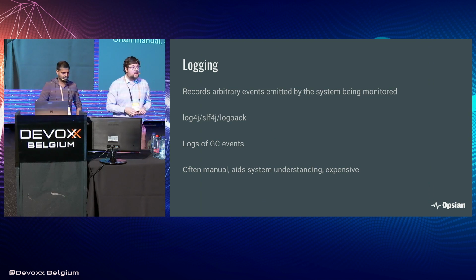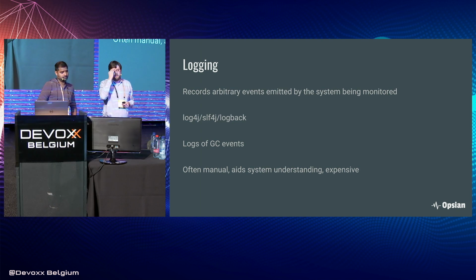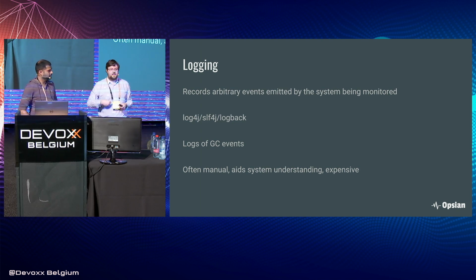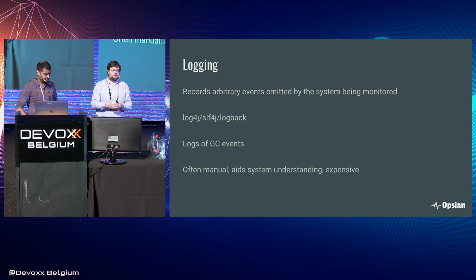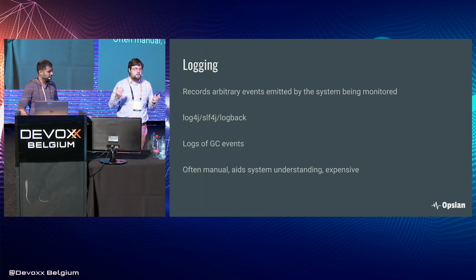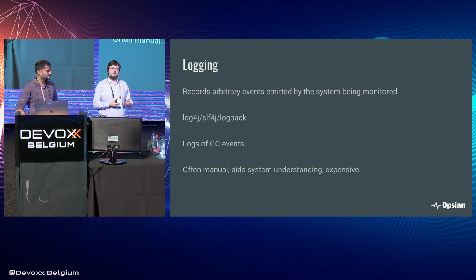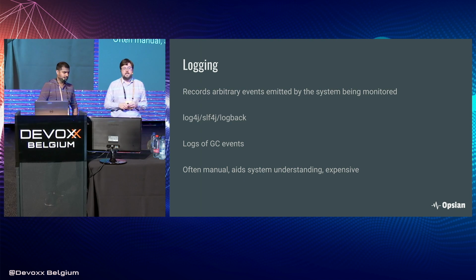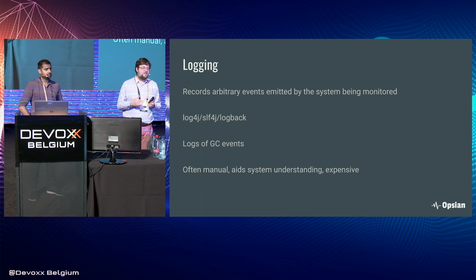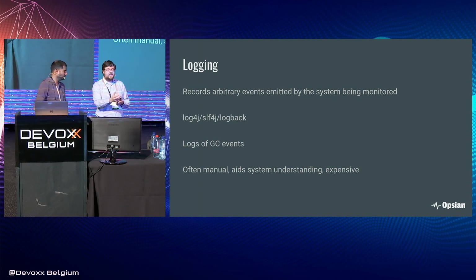So another approach you can look at is logging. There's a few different options you have in terms of logging. Firstly, there's bespoke logging operations. So for example, taking some arbitrary record or event about the system, so measuring the time of an operation, or say how many threads you have in use in a thread pool or connections in a DB connection pool, and logging them out with your existing systems like log4j, slf4j, logback. You can even aggregate these things. There's a bunch of tools out there for doing that. There's also a bunch of really useful tooling around logging for things like GC logs specifically that let you get insight into some specific JVM subsystem.